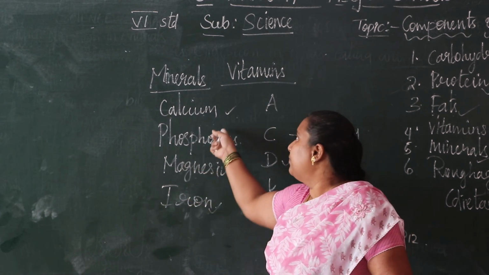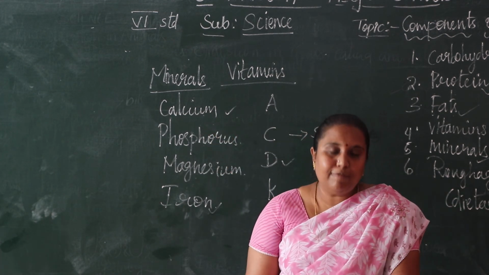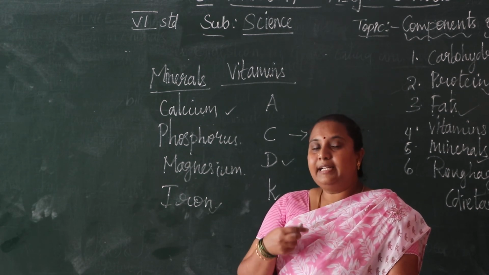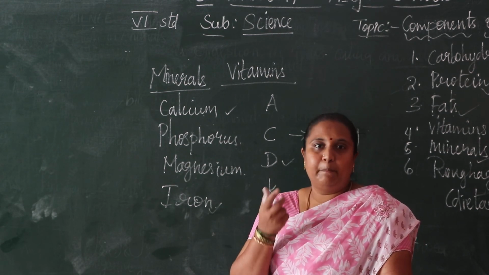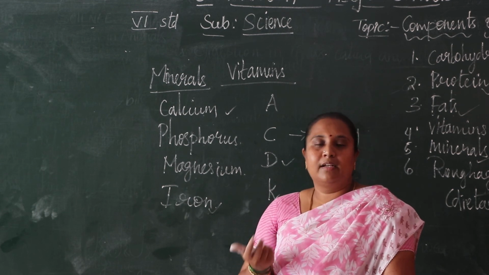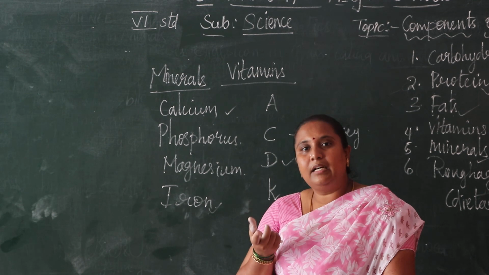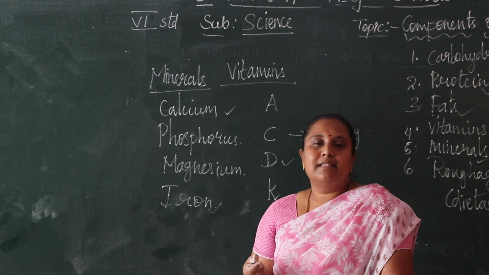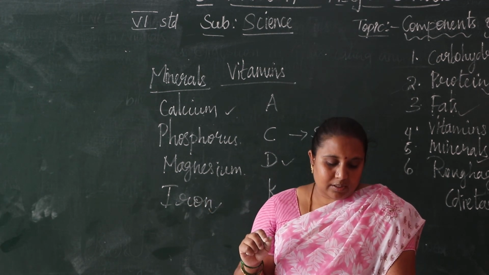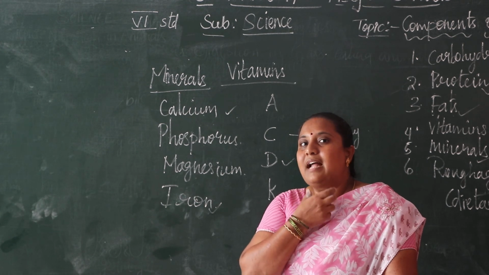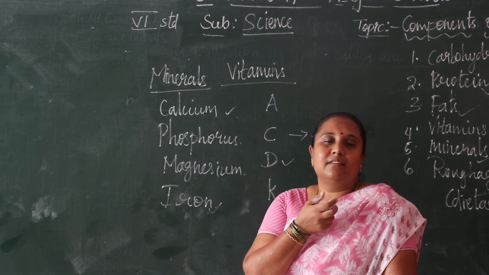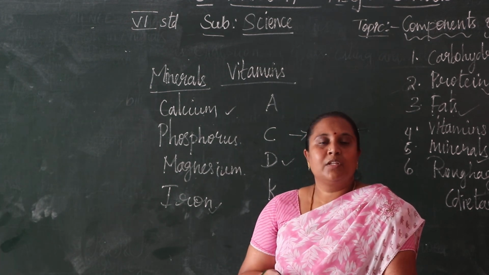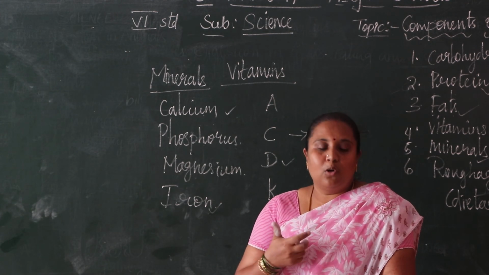So loss of calcium means weakness of bone, and tooth decay also starts. If we eat any food items, the teeth will pain. Why? Because of the loss of calcium. Loss of iodine gives the disease goiter. The glands inside the neck swell, that we can observe, and that disease we call goiter.